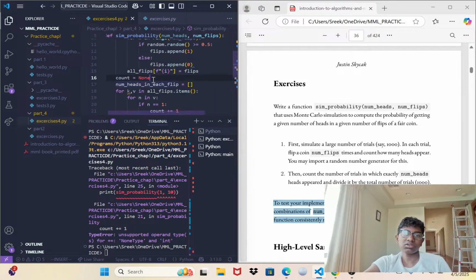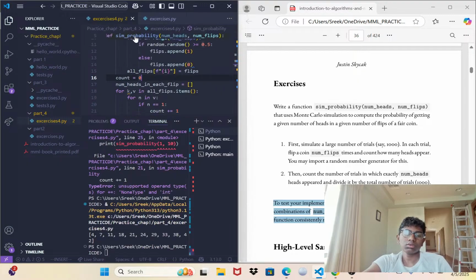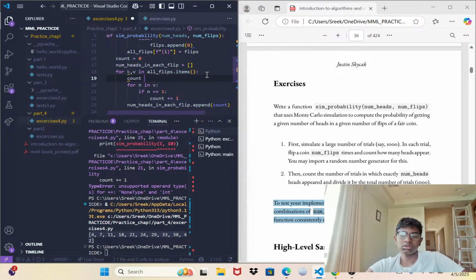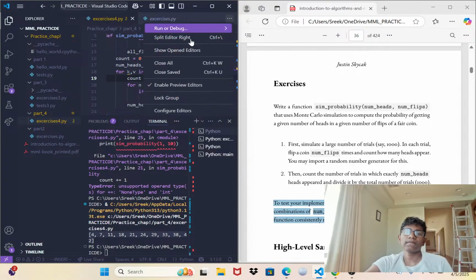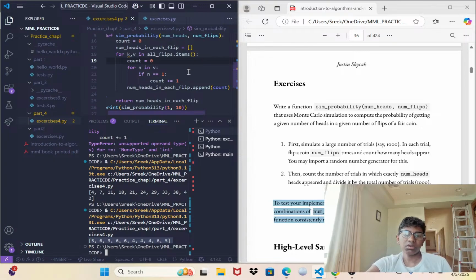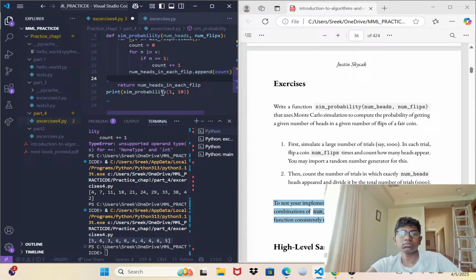Oh yeah, let's initialize the answer. Okay. Oh, and then we need to reset the count after each thing. So let's just do count. Sure. Okay, so num flips is 10, right? So now we just do for blank in num heads in each flip,